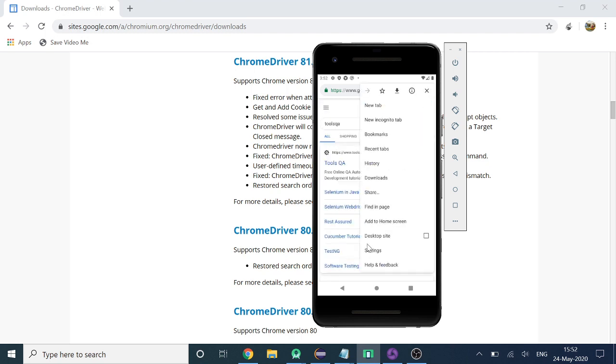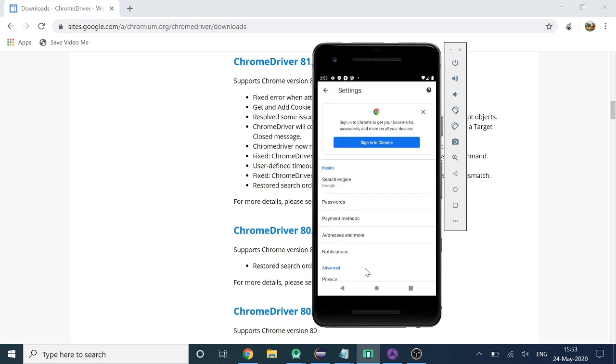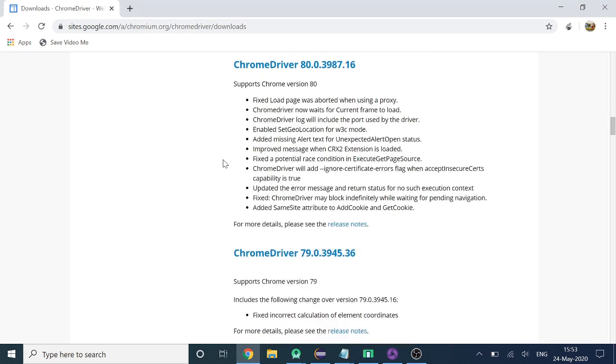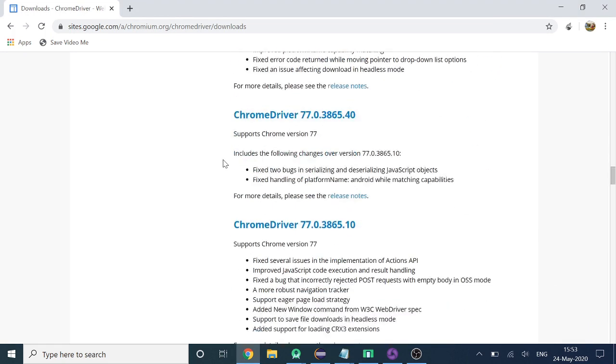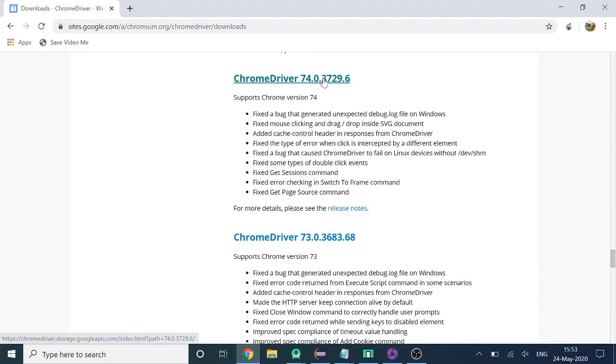Click on these three dots, go to settings, go right at the bottom, there is About Chrome. Click on it and you'll find the Chrome version. So right now we have version 74. So we need to download that particular version of Chrome driver.